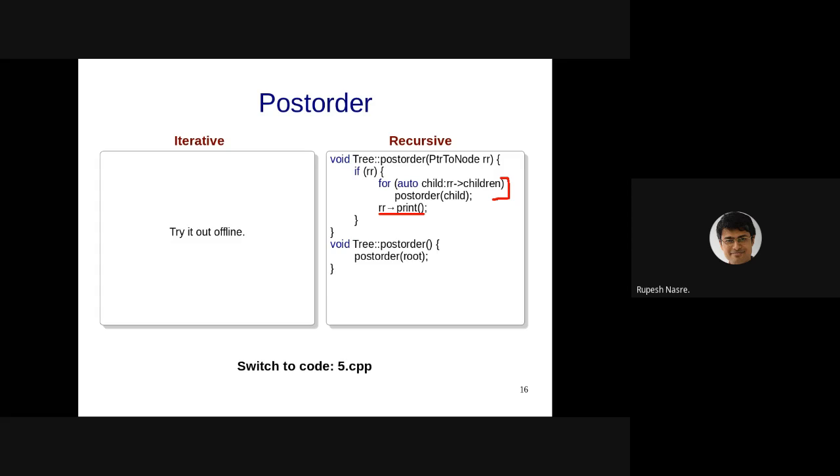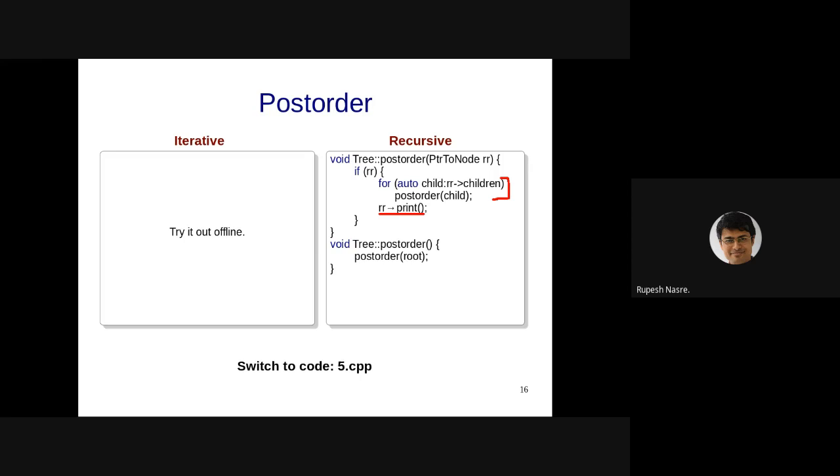So the pre-order set, go to the children first, and therefore go to the grandchildren all the way up to the leaf. Let the leaf be processed first. In fact, the leftmost leaf is going to be the first processed. Then, once you have processed the leaf nodes of the last but one level, then process the leftmost node in the last but one level, and so on. So then you come back. So that is how the traversal is going to go.